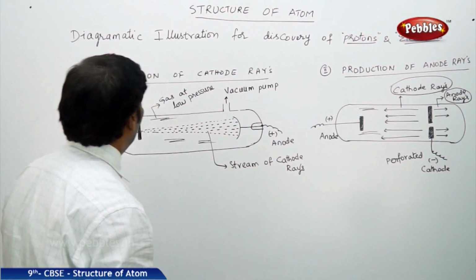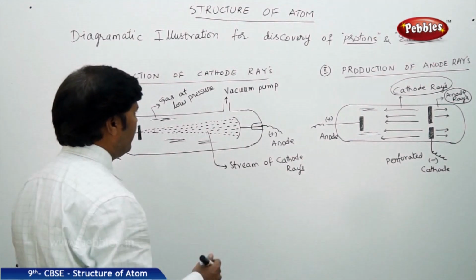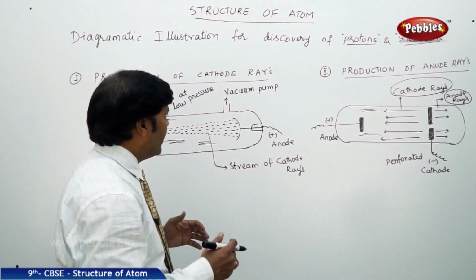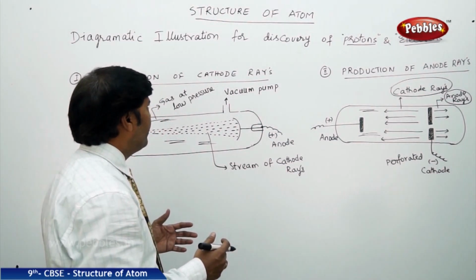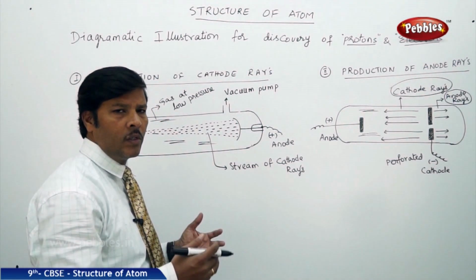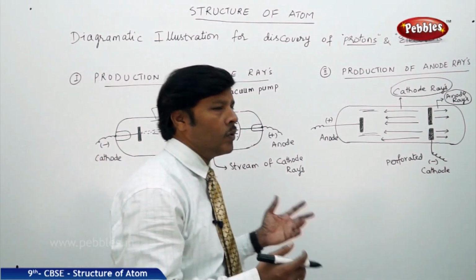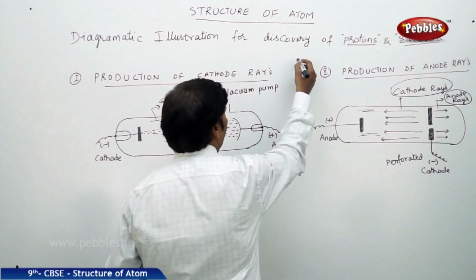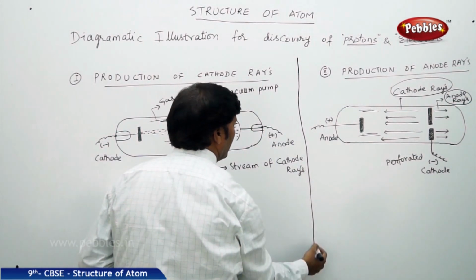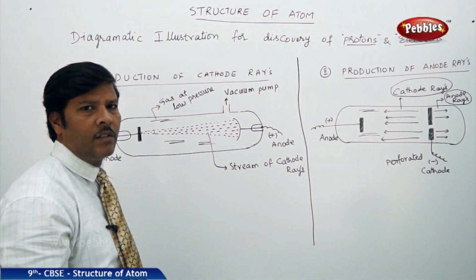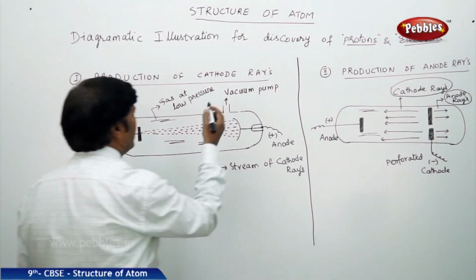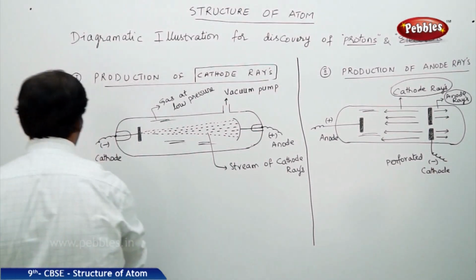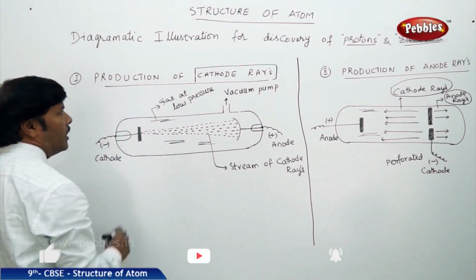Here, if you look at the diagrams, let us observe what is happening. We are already saying that the cathode rays are nothing but sources of electrons and the anode rays are the sources of protons. Let us try to differentiate them with the diagrammatic view. If you take cathode rays, you know very well that they are a stream of negatively charged particles called electrons.